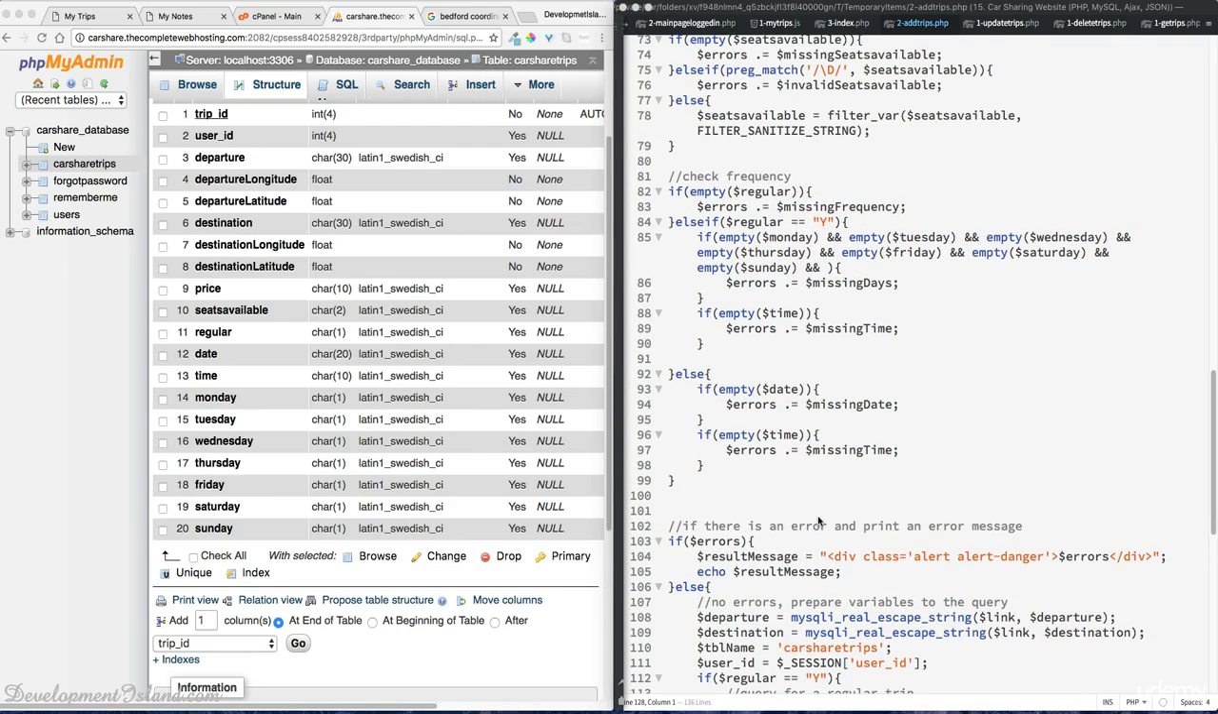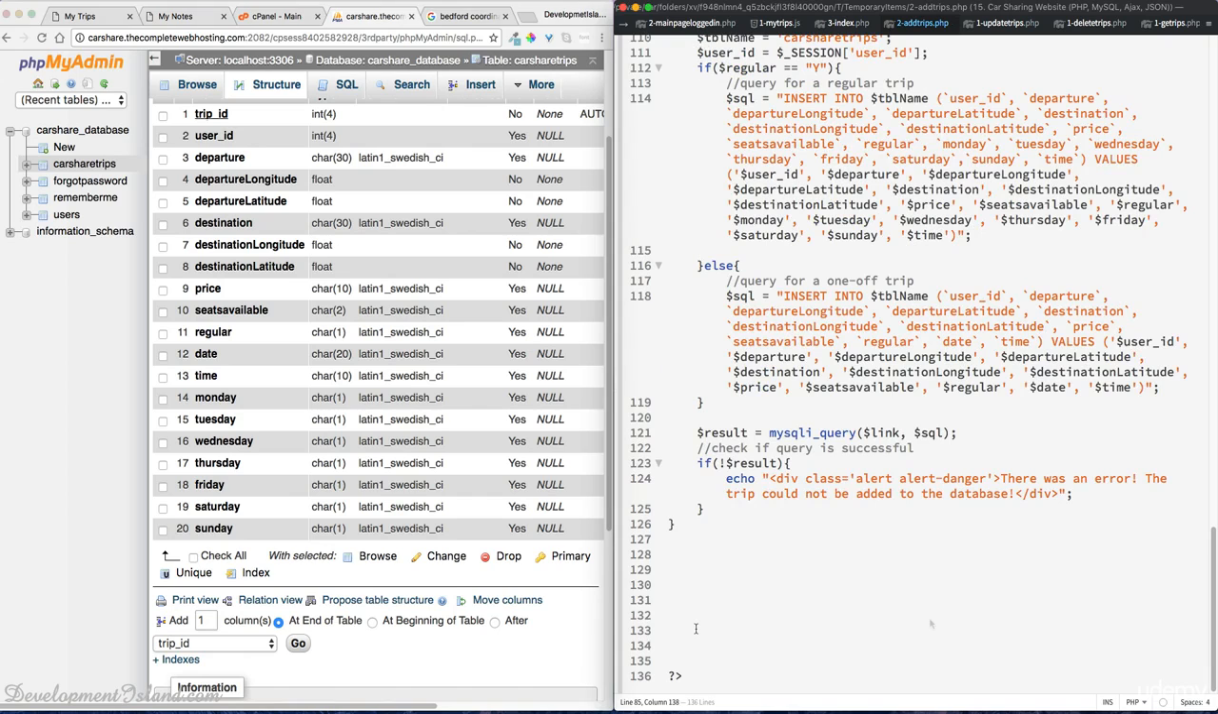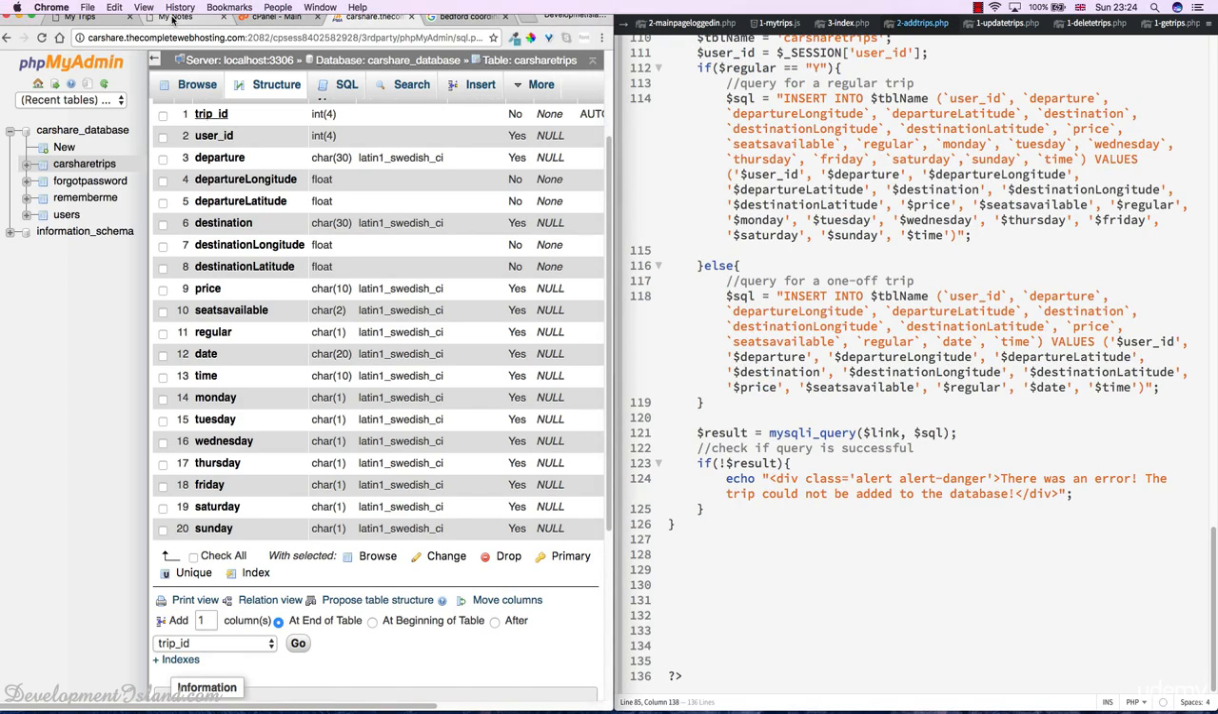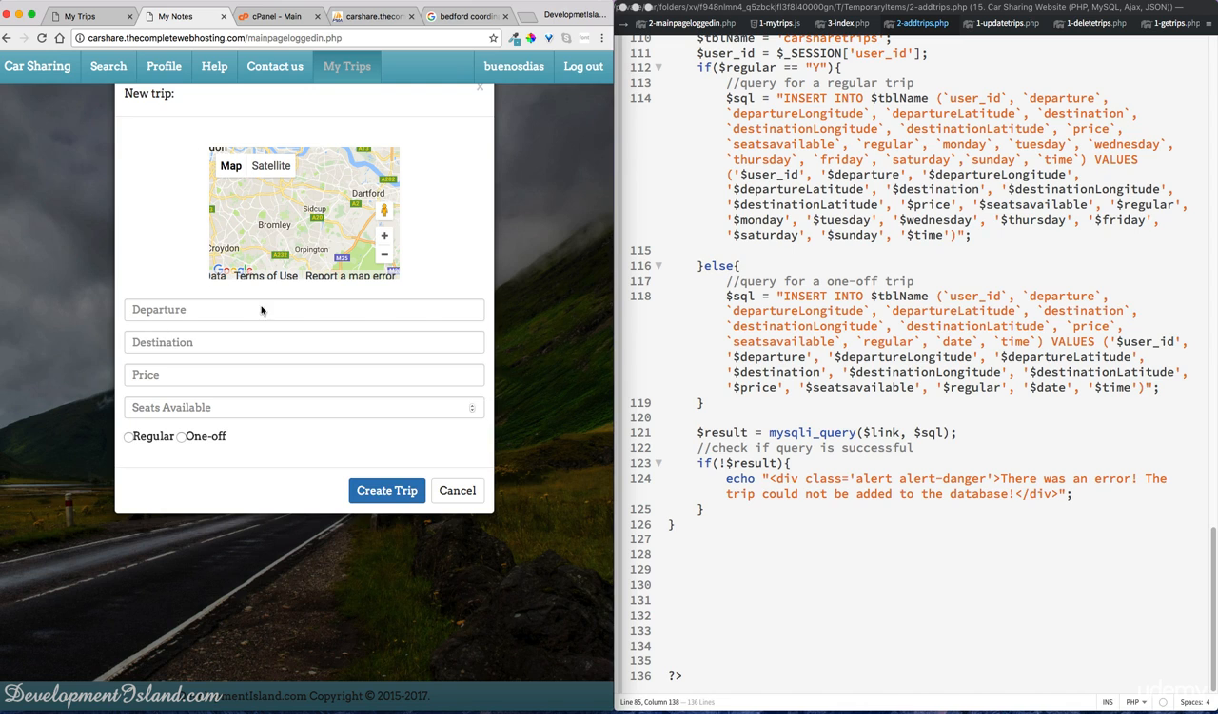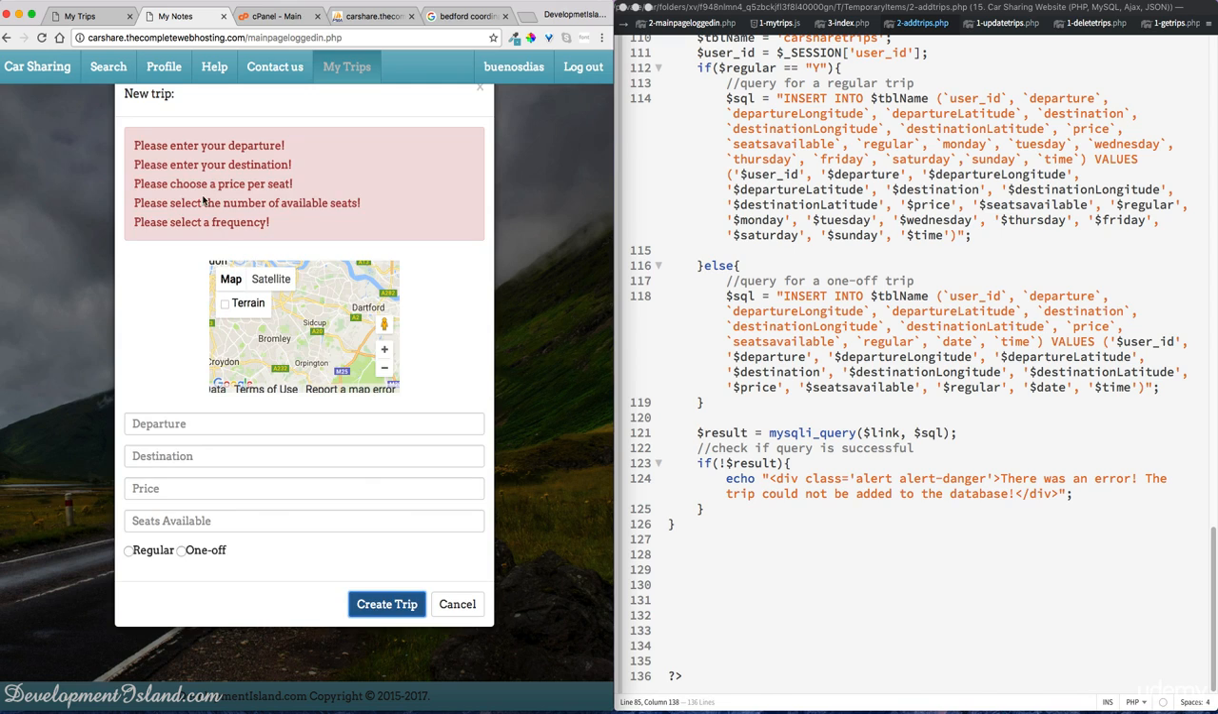Okay, I've got another one in this line. So just add an extra and. Okay, we don't need that. All right, now let's test our code. So to start, I'm going to submit an empty form just to make sure that we get the right error messages. Okay, so as expected, we can see the error messages corresponding to a missing departure, destination, price, seats available,